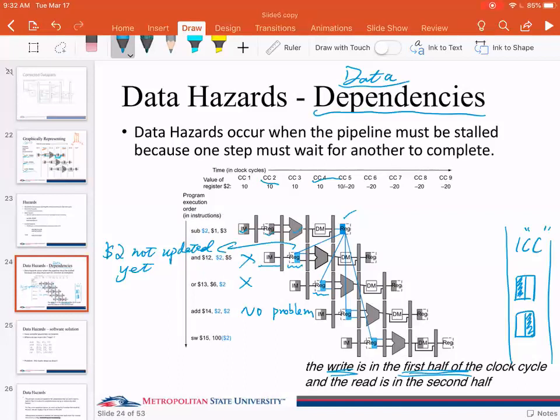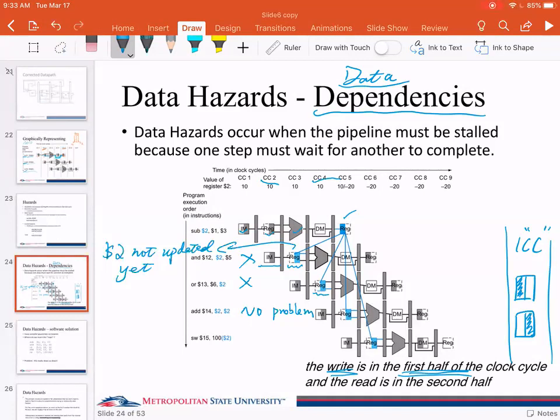So how can we solve this problem? This is called data hazards. Data hazards occur when the pipeline must be stalled because one step must wait for another to complete. If I cannot solve this, then I'll have to wait. However, if you look at this particular example,